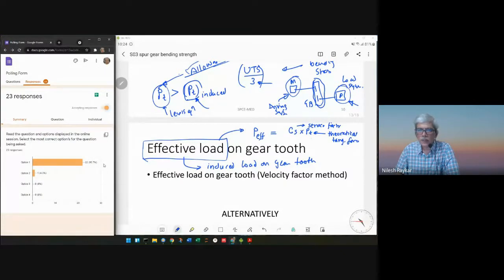There is one more part which needs to be considered. That is the gear tooth when they are engaged with each other. Unless it is a very light load service, the engagement and disengagement is not smooth. So during engagement there is some impact, and during disengagement there is another type of impact. So that is known as the dynamic effect. So this particular dynamic effect needs to be considered.